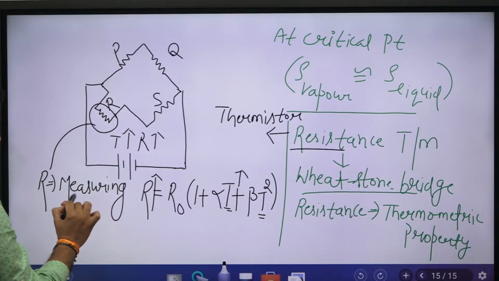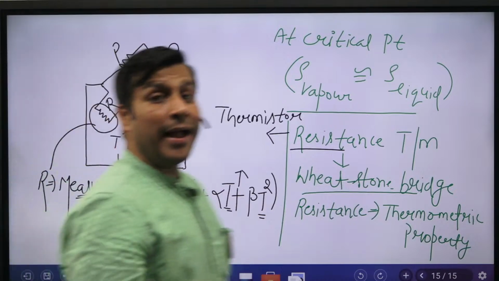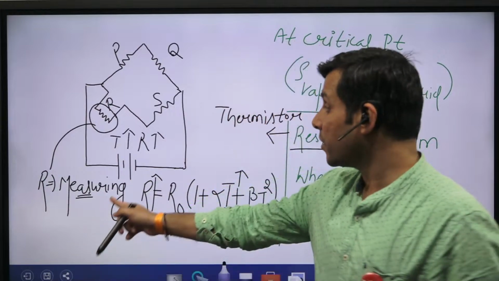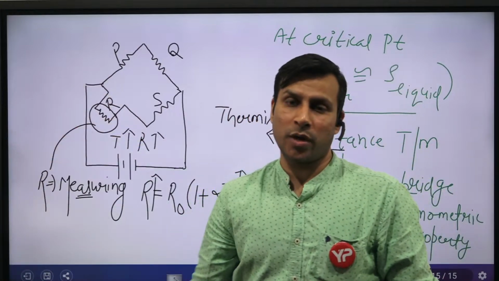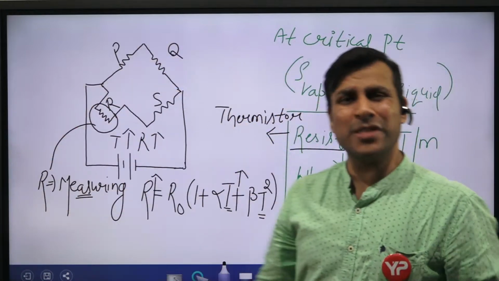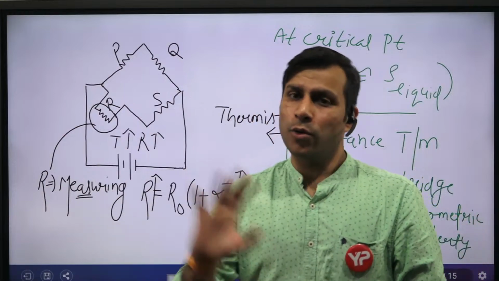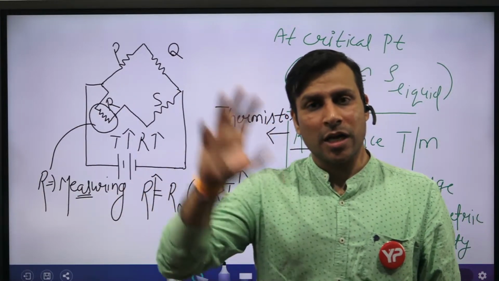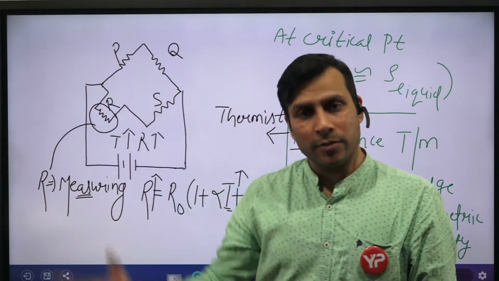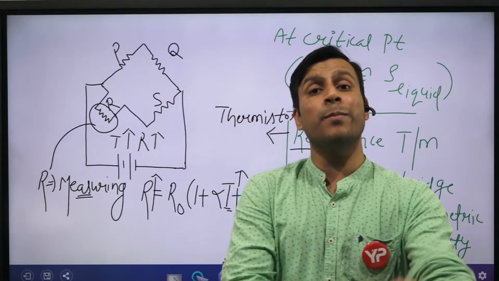This change in resistance we are measuring, and by measuring this change in resistance, we are defining the temperature. This is just the principle of the Wheatstone bridge. This is only sufficient for you guys, don't worry about that. Thermistor works on the Wheatstone bridge principle, and with this principle, guys, we are measuring the